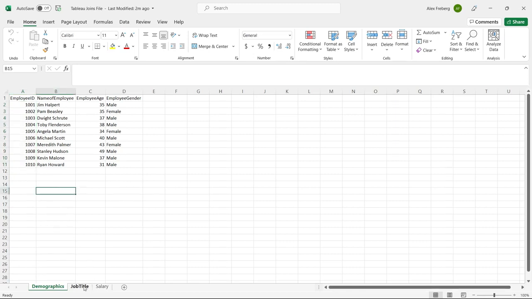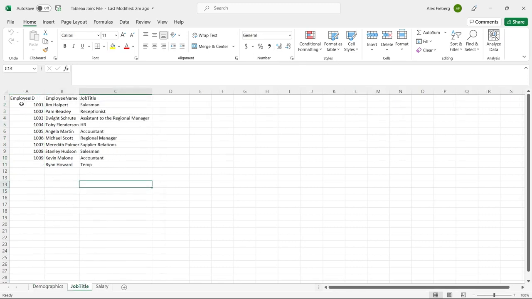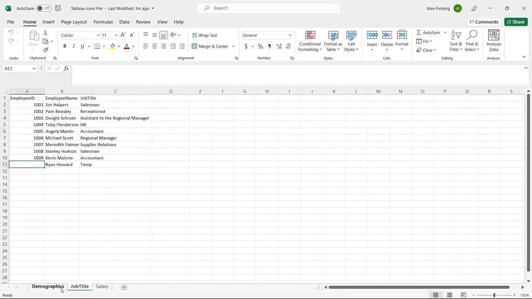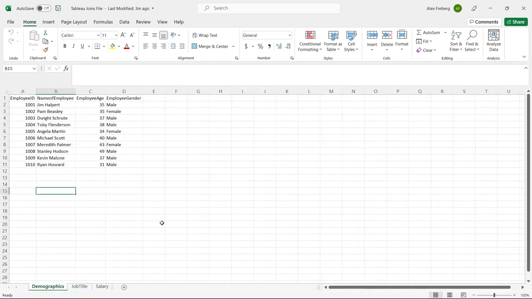Now, when we go to the job title, we have our employee ID, employee name, and the job title, but this one is missing. Ryan Howard is missing his employee ID. And then in the very last one, there are only 7 employee IDs and no names. And so we're going to use all of that, and I'm going to show you how to actually do the joins in Tableau. Tableau does a really fantastic job of visualizing it for you, so it takes a lot of